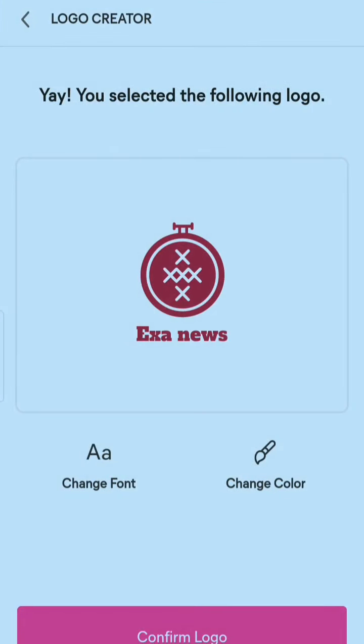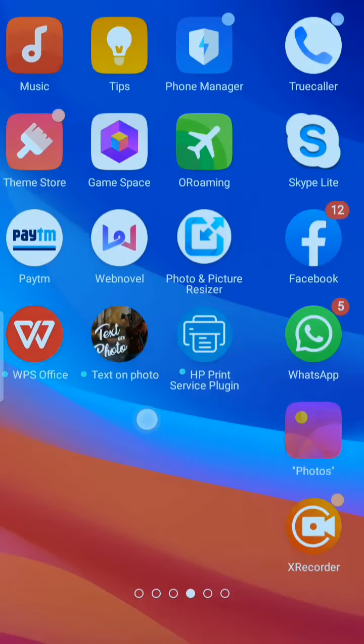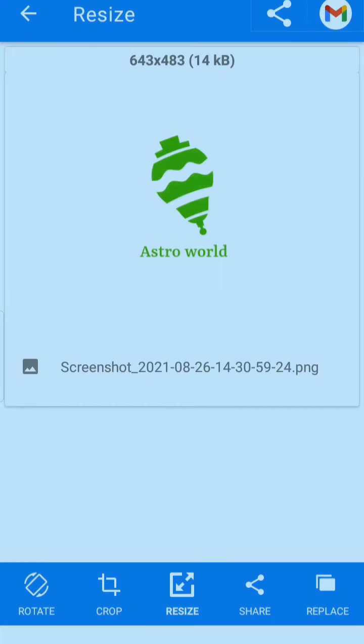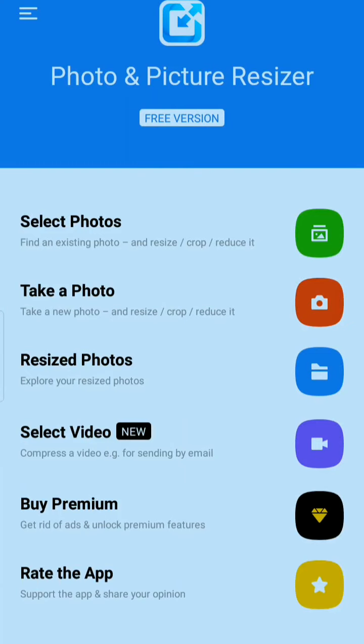Now if you are going to use it on Blogger, make sure you resize it, like I am going to resize it, because Blogger allows only an image for logo under 100 KB. So click on choose any photo resizer, like I have installed.